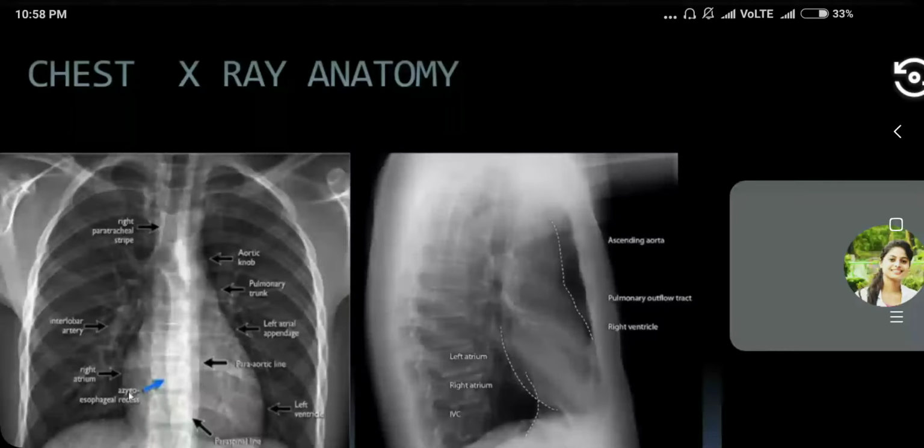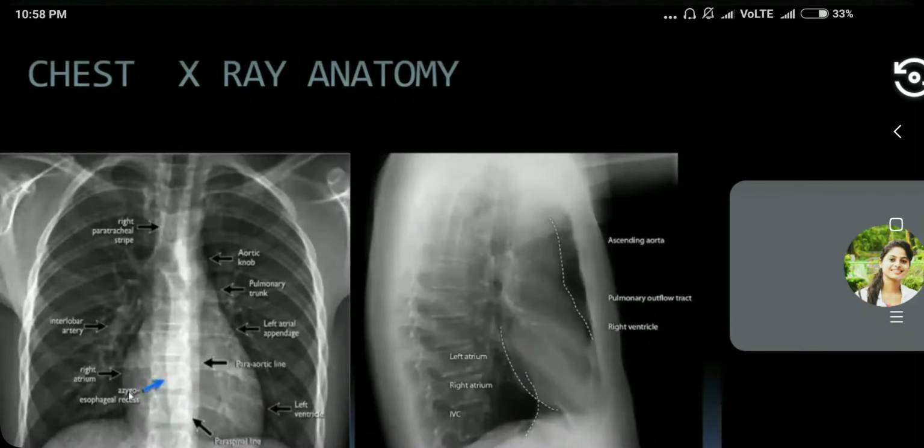Today in this video I will discuss the chest x-ray and the various pathologies that we can appreciate from it. But first of all, we should know the normal anatomy, the normal structures that can be seen in the chest x-ray. First of all, the basic concept is that in an x-ray, the air can be seen